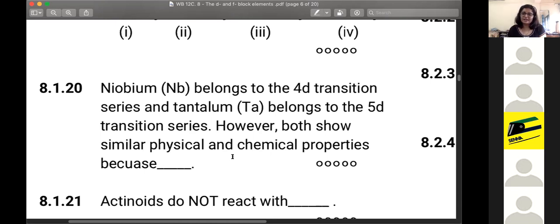Jasmine, no, they are called chemical twins. But here they're asking for the reason. They show they are chemical twins because of the diagonal relationship, going up to the second and third periods. So when you're considering 4D, 5D, Ria has given the correct answer. Correct. Very good. So Ananya and Jasleen have said chemical twins.